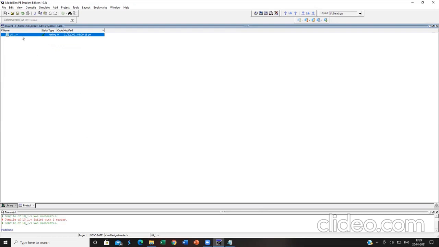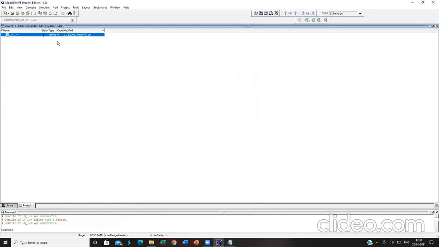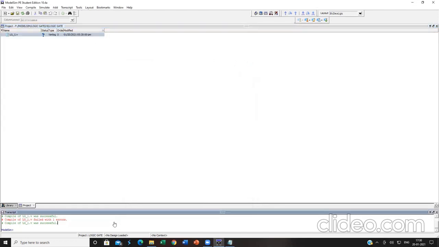Now let me go to the same program again. Now I am removing this semicolon over here. Let us see what happens when I do not finish a statement with a semicolon. For each save operation I do, the X mark or the tick mark automatically converts into a question mark. That means the program has not yet been compiled.